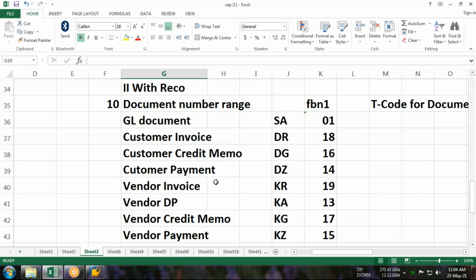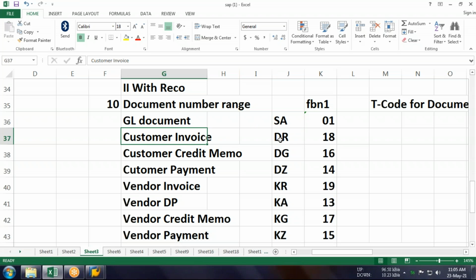See this one. So guys, document type, say for example, you are going to post any GL document, general ledger document, so there must be a document type SA. So in your server this SA should be there.